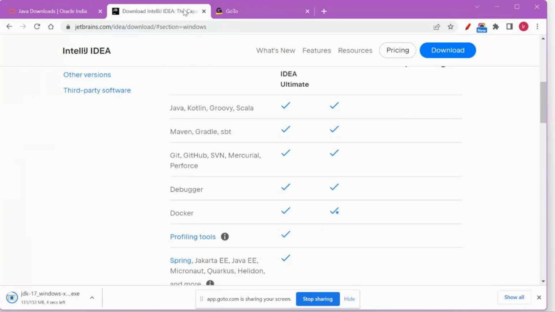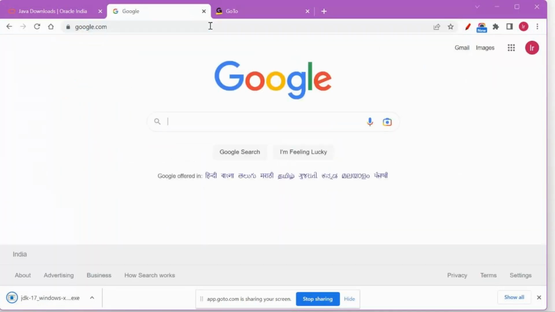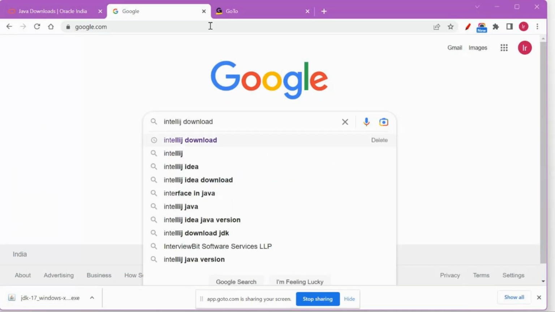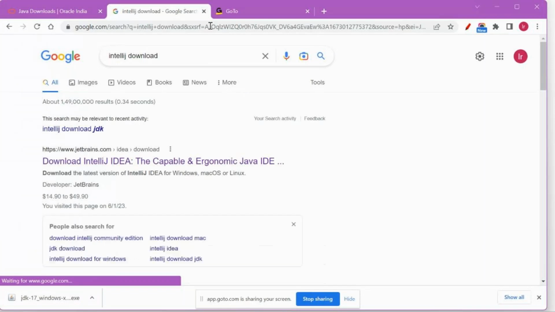Next thing is we are going to install an IDE. IDE is nothing but your development environment. As I told you, even Notepad you can use, but it will take some time for you to get into that comfortable zone. So we are starting with an IDE. There are so many IDEs available in the market. Famous IDEs are Eclipse and IntelliJ. If you ask any Java developer, they would say either Eclipse or IntelliJ.